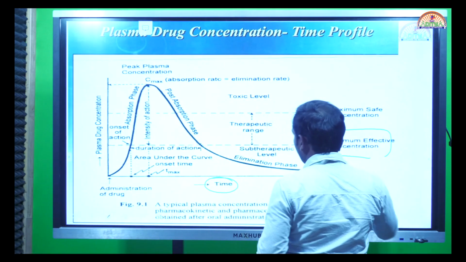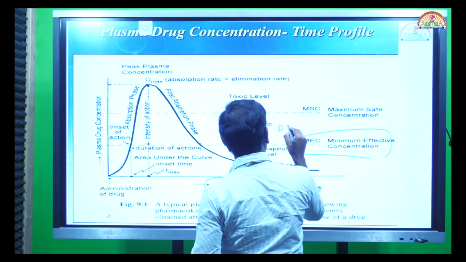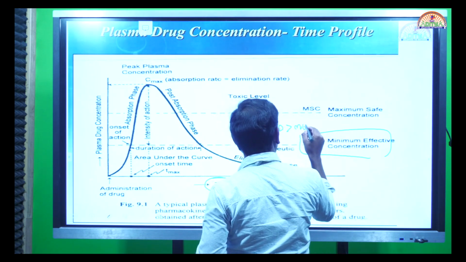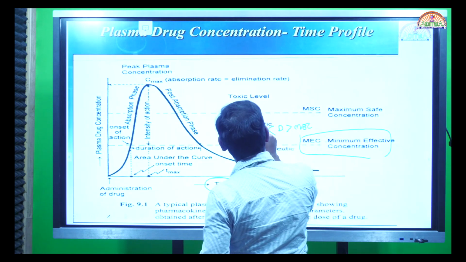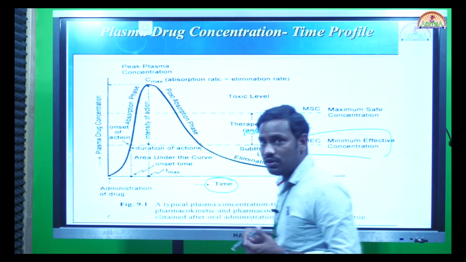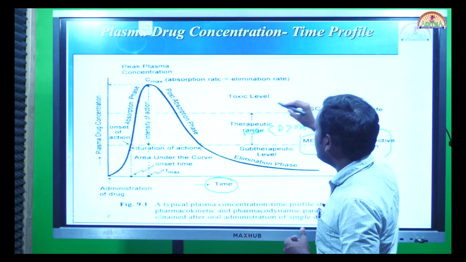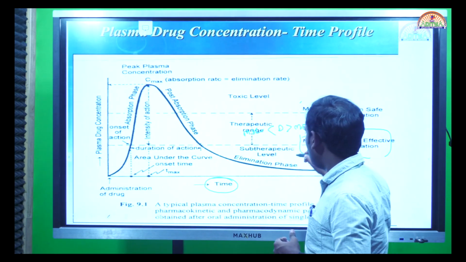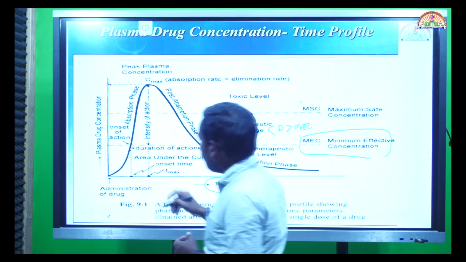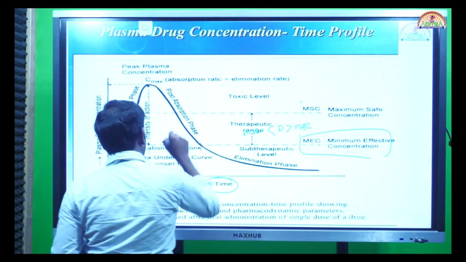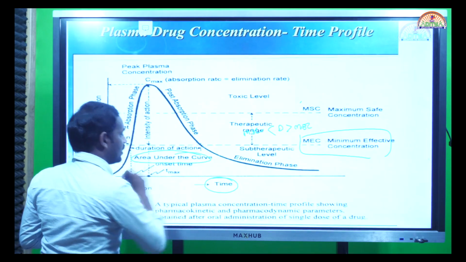Your drug concentration should always be greater than the MEC and should always be lesser than the MSC, maximal safe concentration, because if it is beyond this it will result in adverse effects. If it is below this it will result in therapeutic failure. So if you are measuring the amount of drug under this curve, that is called the area under the curve,